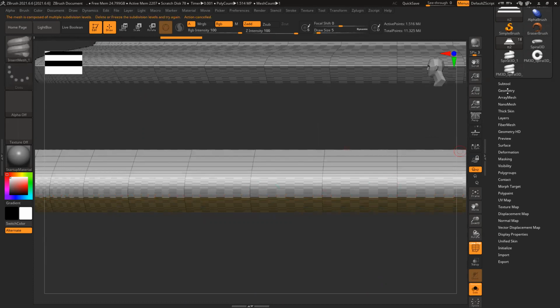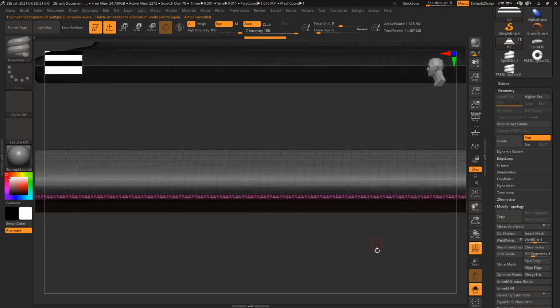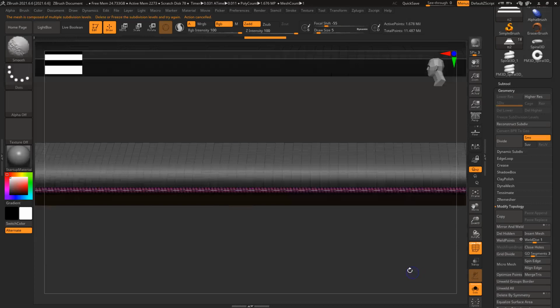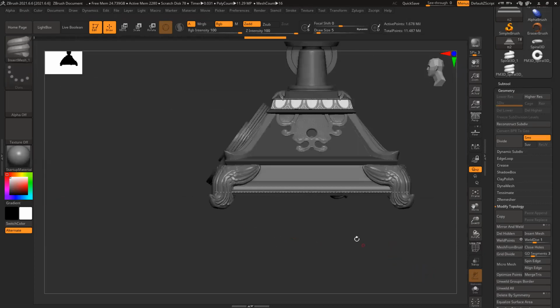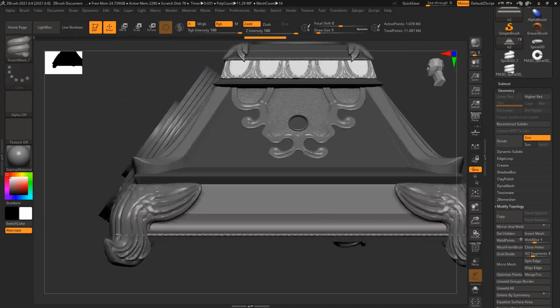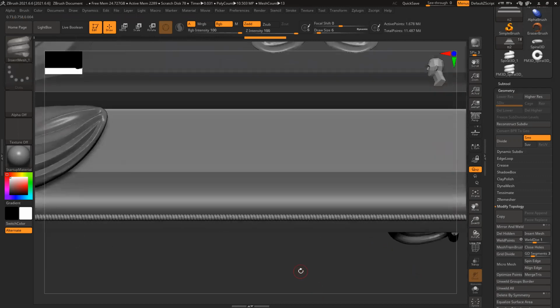So it has multiple subdivisions. I can delete that and click it. Shift F. See, it will create the shape in the exact same size, but base is slightly bigger. Increase the size, click it.